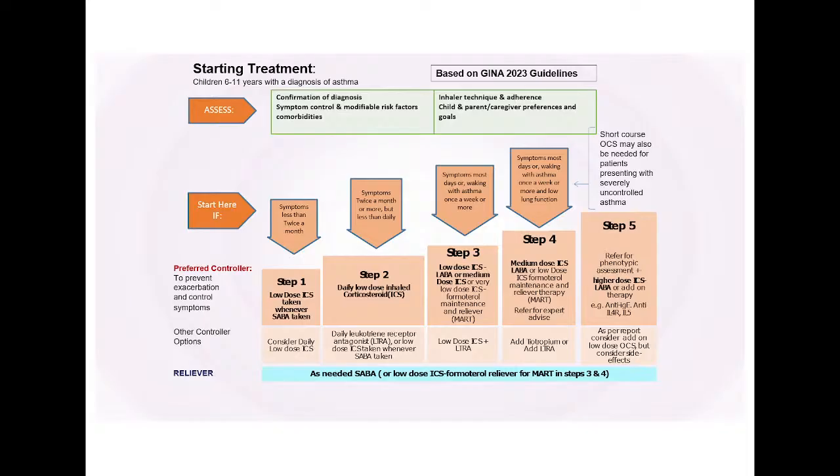This is the new terminology in the GINA 2023 guideline, and that is the same terminology you are using in the recent one also. In step 5, oral short term low dose steroid like prednisolone 1 to 2 mg per kg we can give whenever there is severe exacerbation or symptoms are more. Step 5,